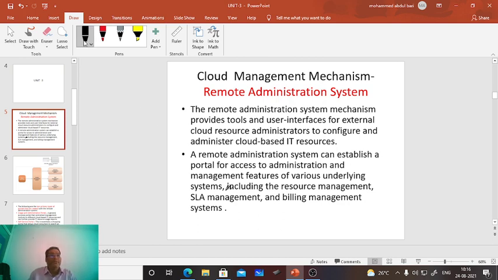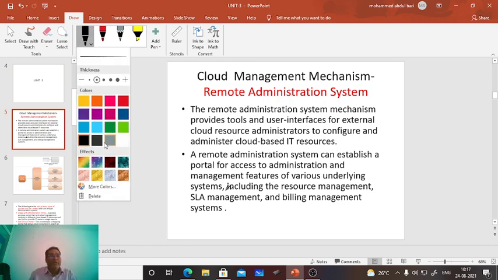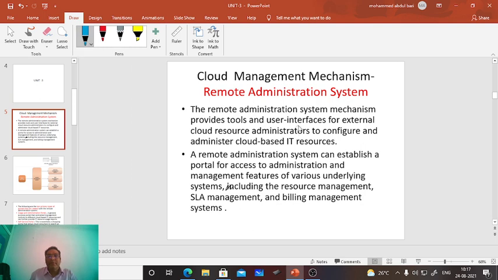Let me go through it. What are the resources you have already taken? Interaction with the external resources, the cloud resources and configuration. What are the resources, what is the configuration that you have taken? This is the first point. And the second point is that if you want to have more resources according to that,